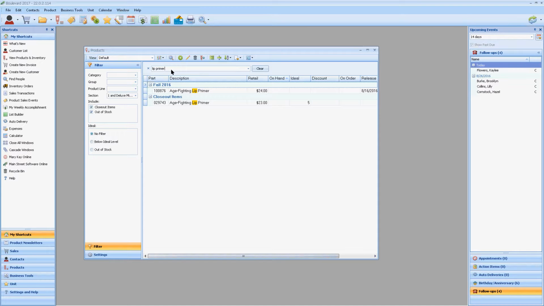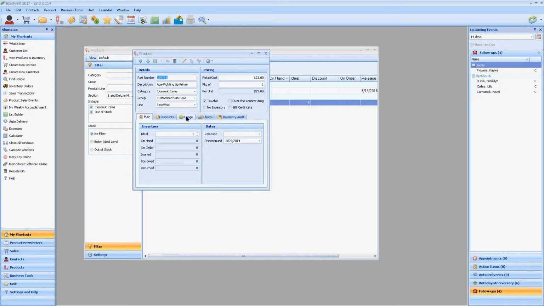And type in lip primer. You'll notice that you have 2 lip primers in your product list. Now the first one is the one that was just launched yesterday, and the next is the previously discontinued lip primer. So what I would do is I would go ahead and open the profile,